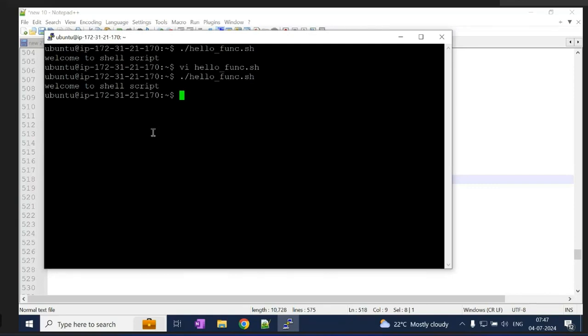So in functions, there are two types of variables we can declare. One is global variable and another one is local variable. Does anyone have any idea what is global and local variable? Local variables will work within that block only. Global variables will work throughout the program. Wherever we want, we can access it. Exactly.